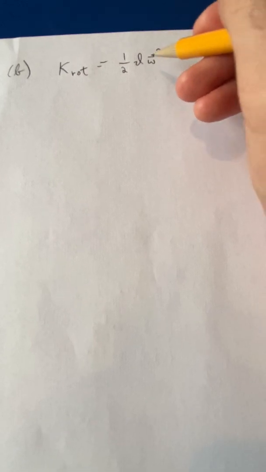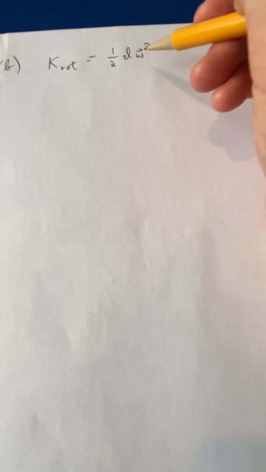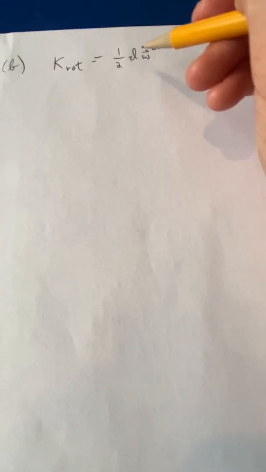Okay, so again, this is very much analogous to linear kinetic energy. Linear kinetic energy is, of course, 1/2 mv squared. Here we have the corresponding rotational quantities. So we have moment of inertia instead of mass, and we have angular velocity instead of linear velocity. We can rearrange this equation, okay? So we could say, by simple algebra, we can write